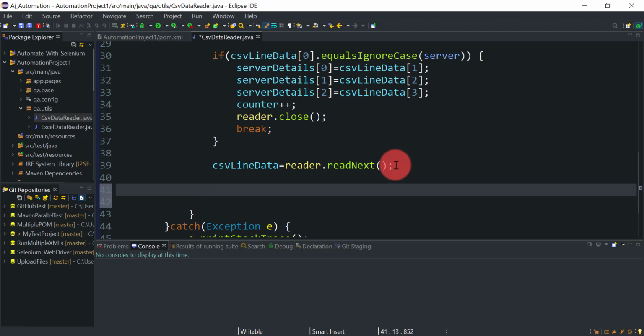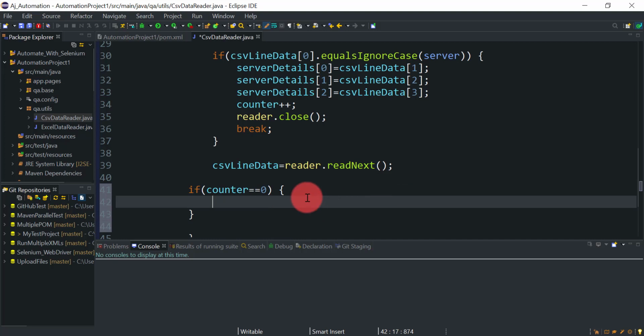So if counter equals 0, that means our control never went inside this if block and our server name is wrong.